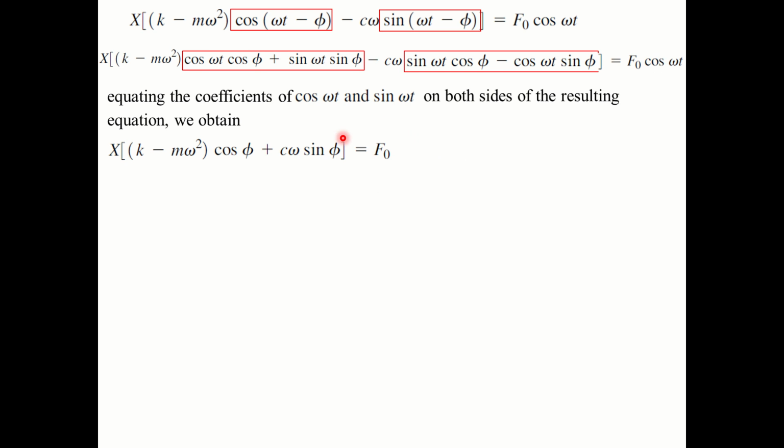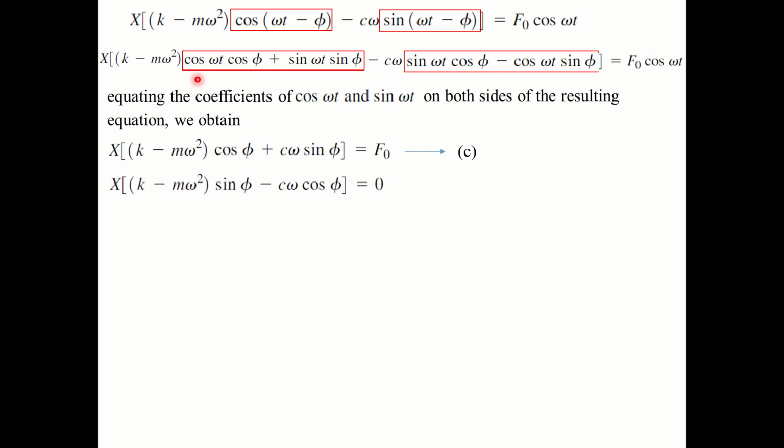Understood? First you have to equate the cos omega t terms. Where are the cos omega t terms? Here one is a cos omega t term, here another, here another. So take cos omega t and cancel it on both sides. Next, find the sin omega t terms. The sin omega t terms are this one and this one, only 2 are there. On this side nothing is there, so it will be 0. You call this equation C.